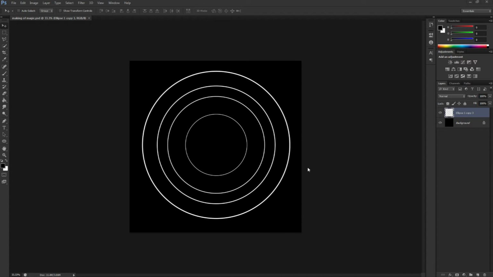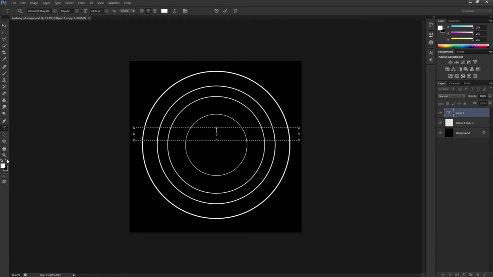So the next thing we're going to do is put some text now around our shield effect. And there's two ways of doing that. I'll show you the hard way first. The reason I'm doing that is because it's a mistake that's made by a lot of people. What they do is they go up to the text tool over here and I'll just make the text area about this long. And I'm just going to change it to white to make sure that the text is white. I'm going to just put some text in there,